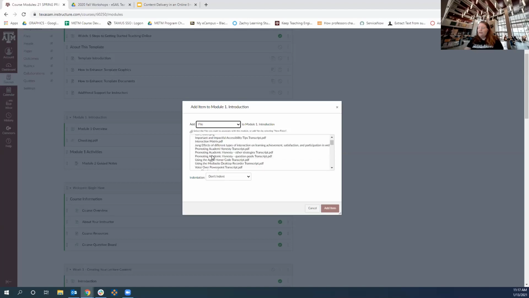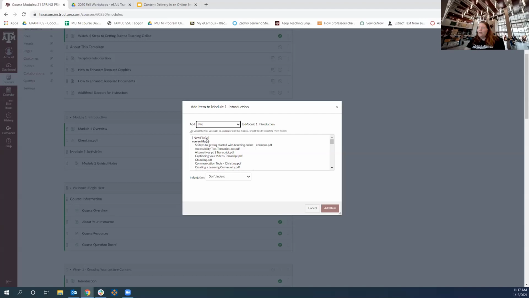Now, one thing I want to mention: when you grab things from your eCampus course, it's going to dump every file that you had in eCampus into your files area with no organization. So one thing you may think about when you add a new file, instead of importing everything, is to start with organization in mind.